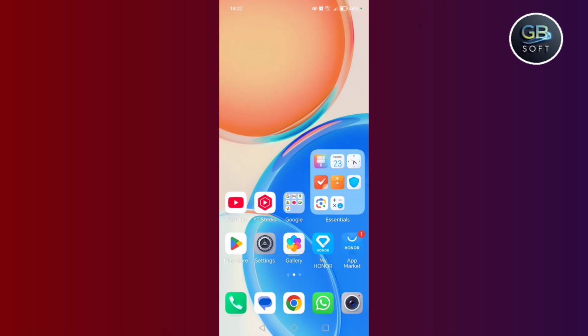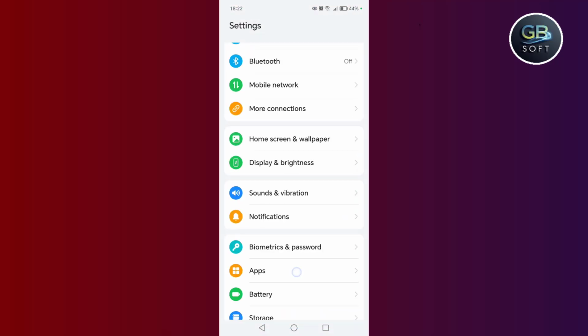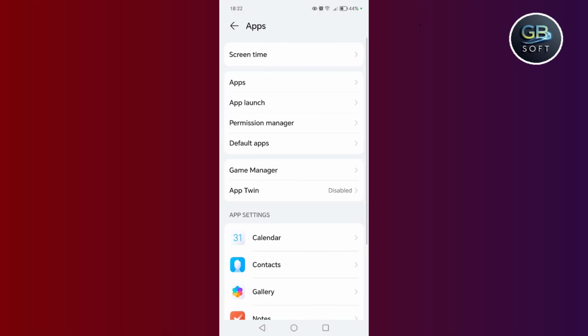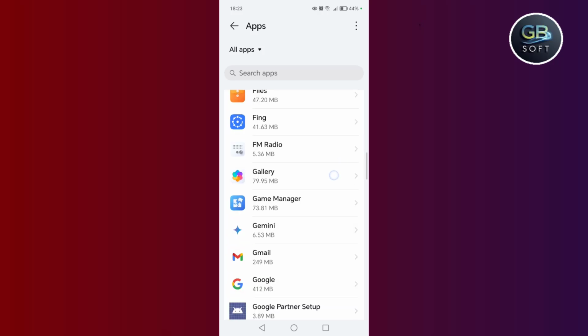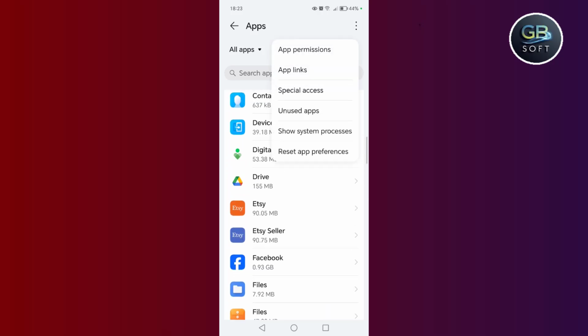Now let's go to the explanation. The first step, my friend, is to go to the settings. Then go to the applications, then click on the applications again. After that, click on the three small dots, then click on Show System Processes